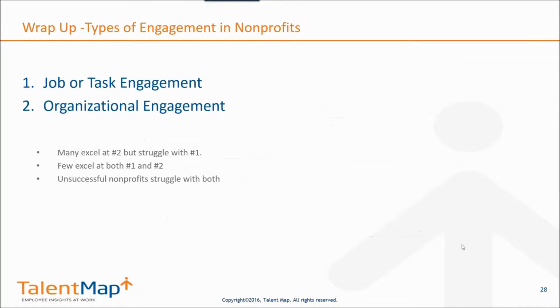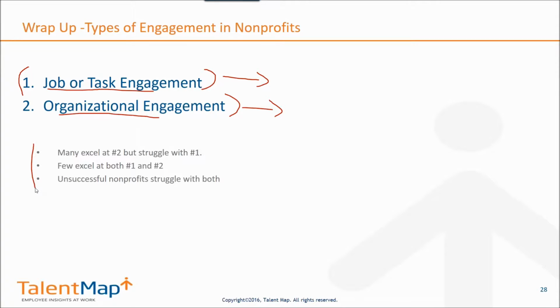And I think one of the reasons why they drive it is that you have to start to understand there are different types of engagement. There's what I call job or task engagement, which I referred to earlier in the physician example, and organizational engagement. What we find in our data is that employees in trade-driven organizations have higher levels of job or task engagement and lower levels of organizational engagement. And it's the exact opposite in cause-driven organizations, or cause-driven nonprofits. Cause-driven have very high org engagement but very low task engagement.